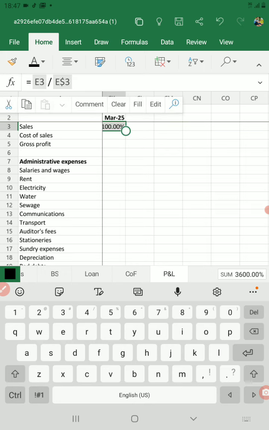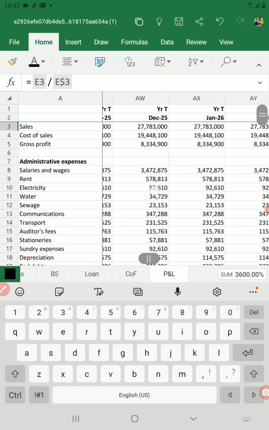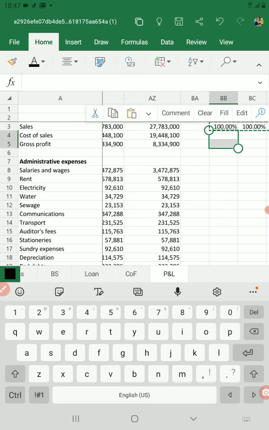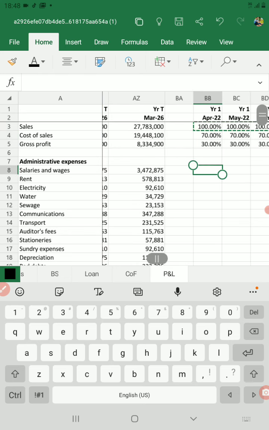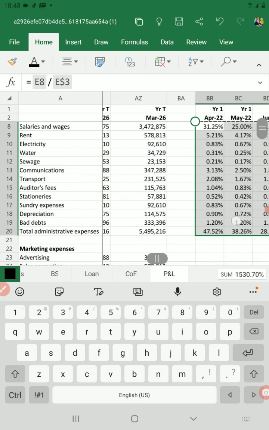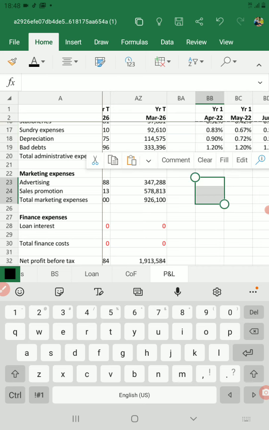Here, and then I copy all this selected, I copy all this and then go up and paste it down to the line items in order to convert them into percentage. So I paste it here, I come here, select all these line items up to total administrative here, paste, come down here, select up to here, paste